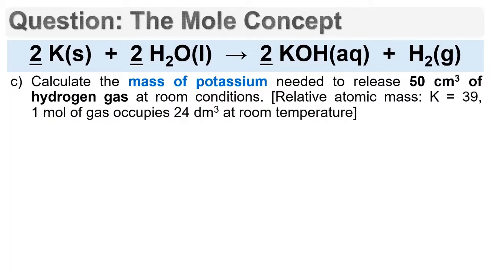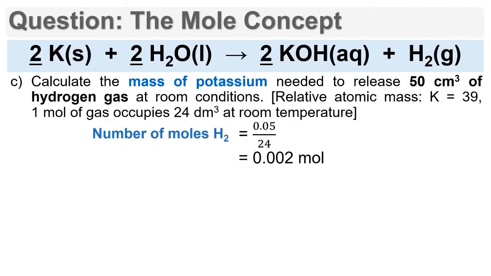C. Calculate the mass of potassium needed to release 50 cm³ of hydrogen gas at room conditions. To begin, we find the number of moles based on the quantity given, which is 50 cm³ of hydrogen gas. But remember to change the volume in cm³ to dm³. 50 cm³ is equivalent to 50 divided by 1000, which is 0.05 dm³. Number of moles of hydrogen is equal to volume divided by molar volume, which is 0.05 divided by 24 equals